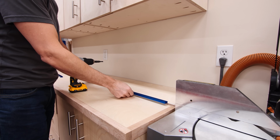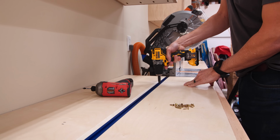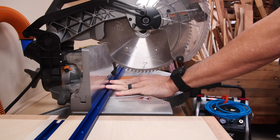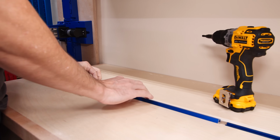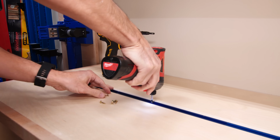Now, I used 2 4-foot sections of the T-track, and the first one I used was a full stick. So I just pre-drilled the holes and installed it with some small screws. The second piece did need to be cut, and I did that on the miter saw. You can cut aluminum with carbide tooth blades, just go slow and you'll be fine. Now the track sat just below the surface, and now it's ready for a stop block, which I'll be making